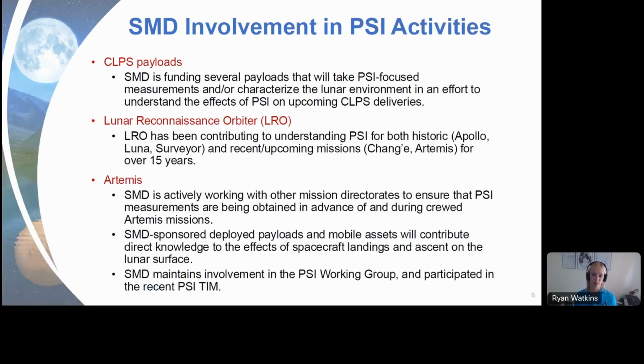All right, so I'm getting a little deeper into SMD's involvement in PSI activities. Again, some of this is going to overlap with other directorates. So we are flying payloads on our Commercial Lunar Payload Services program deliveries, so CLPS. We're funding several payloads that will take PSI-focused measurements and/or characterize the lunar environment in an effort to understand